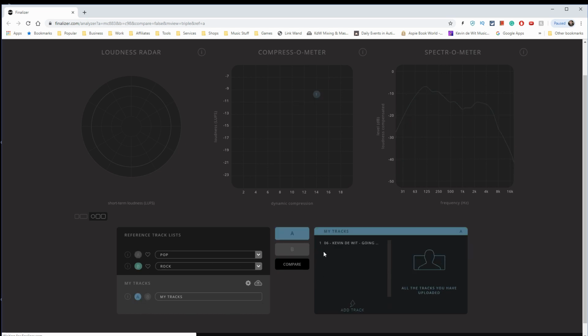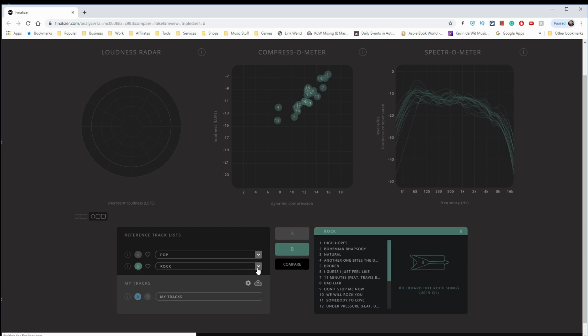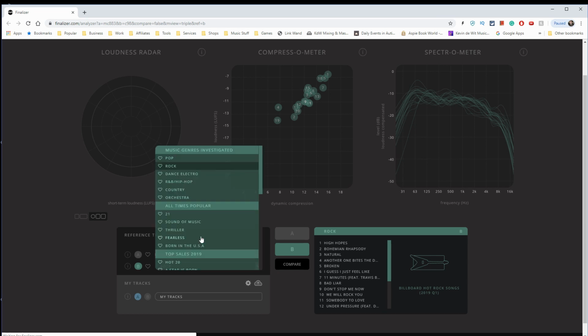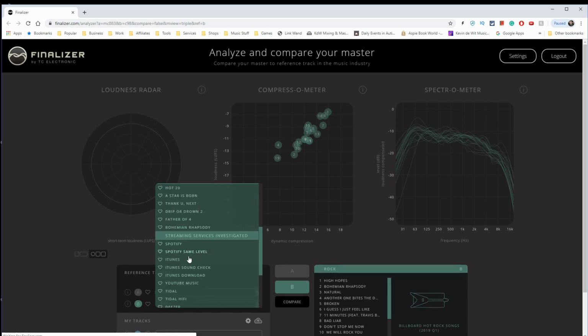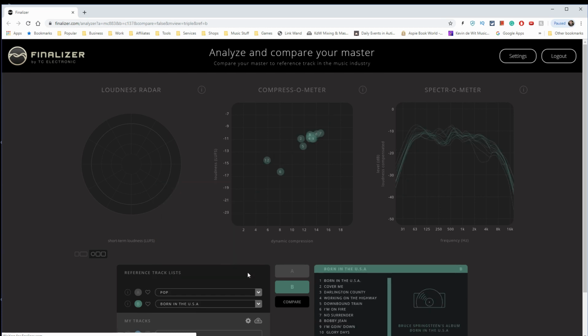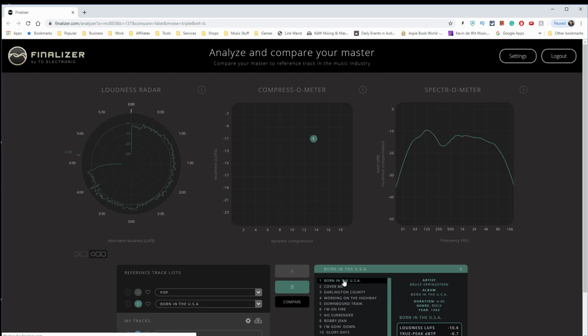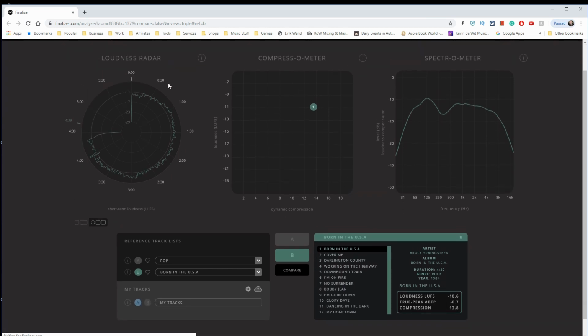So I'm saying this is my A track, and then my B track is, you can pick anything from this range here. So let's say I want to compare to Born in the USA. I'm going to actually pick Born in the USA instead of any of these other songs. But you can see an example of where they're sitting in the scheme of things, and we can then compare,